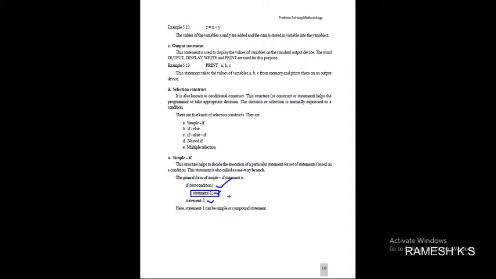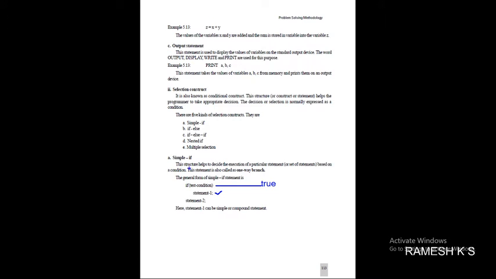So you can understand here, if this test condition is true, once it is true, statement 1 will be executed.